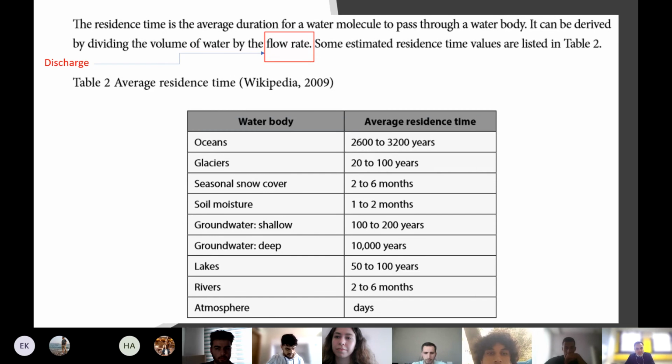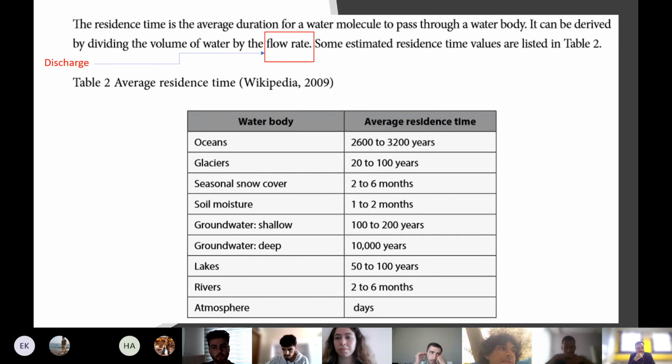It means that when we say the residence time of water in rivers is 3 months, the whole water under that river is removed from the river every 3 months and then comes back to the river. Either one molecule or the entire water. So when you see the river